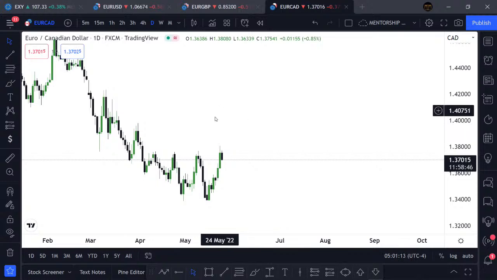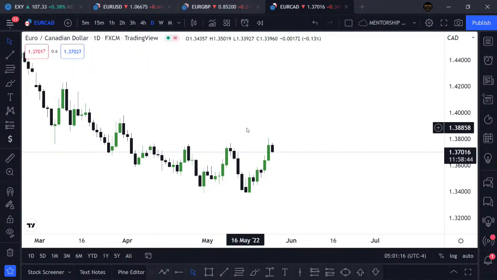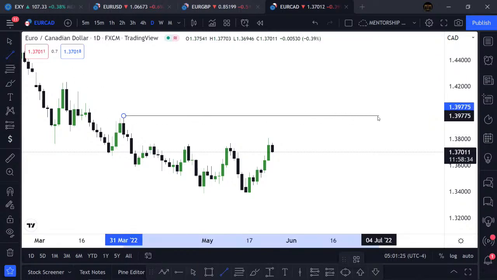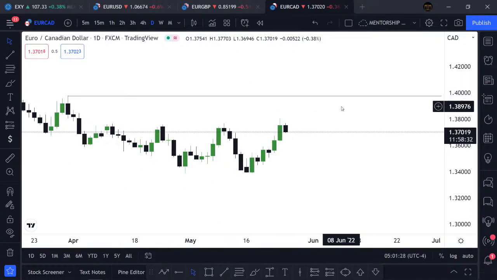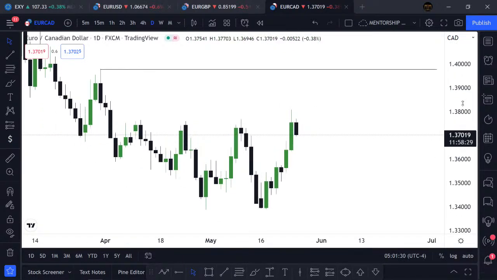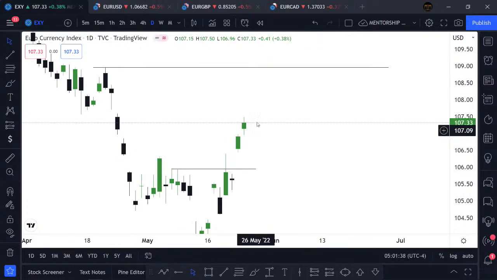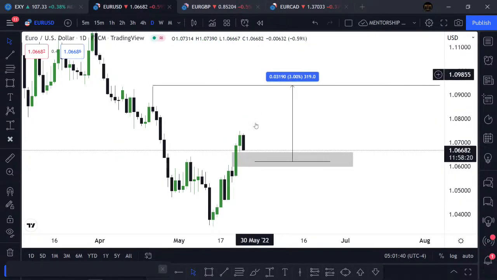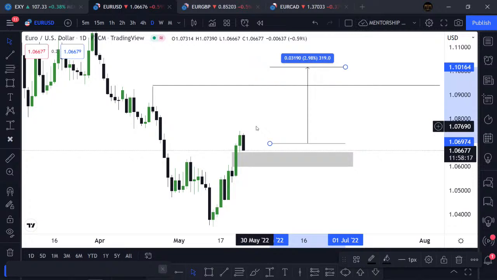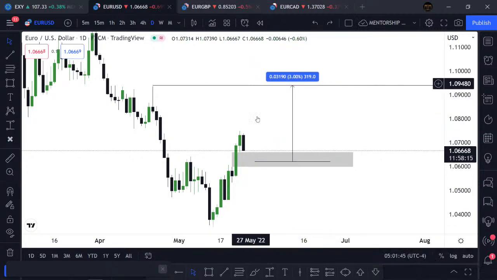So we have the euro Canadian dollar. Still, I'll be looking for opportunities to go long. My take profit will be at least above this next swing point here. This is a daily chart. My entry, well, why am I buying here? We all know what is happening on the euro, okay? So this one is trading lower for this imbalance. This is the euro USD,